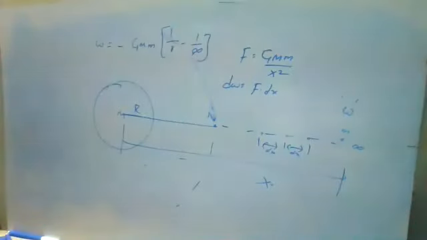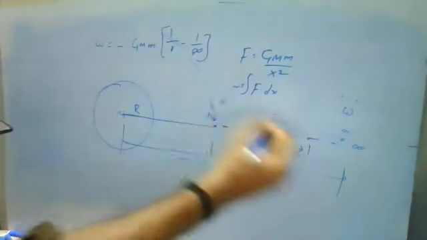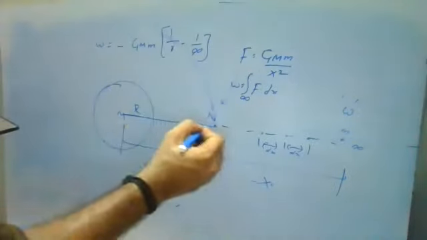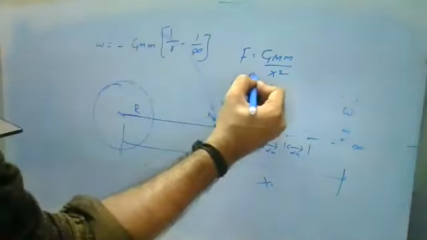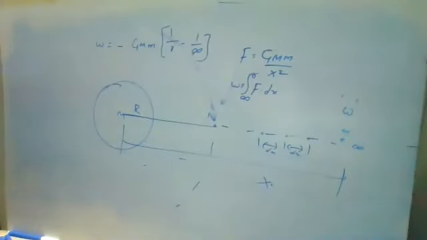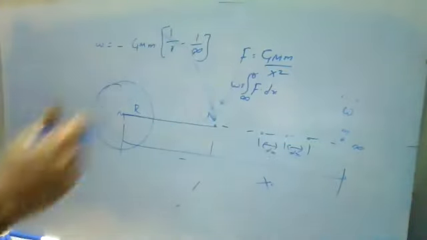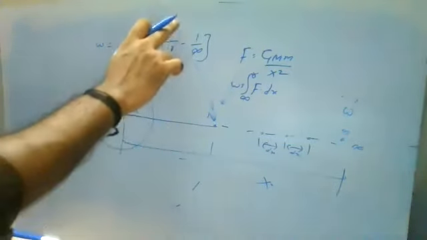Why 1 by r minus 1 by infinity? When you're taking the integration, the initial condition is at infinity location, where it starts. The final point is where I shift it to radius r, taking it as smaller. So from infinite location to the point P, I'm just shifting this object. Here, when you apply the limits, integrate 1 by r, upper limit minus lower limit.